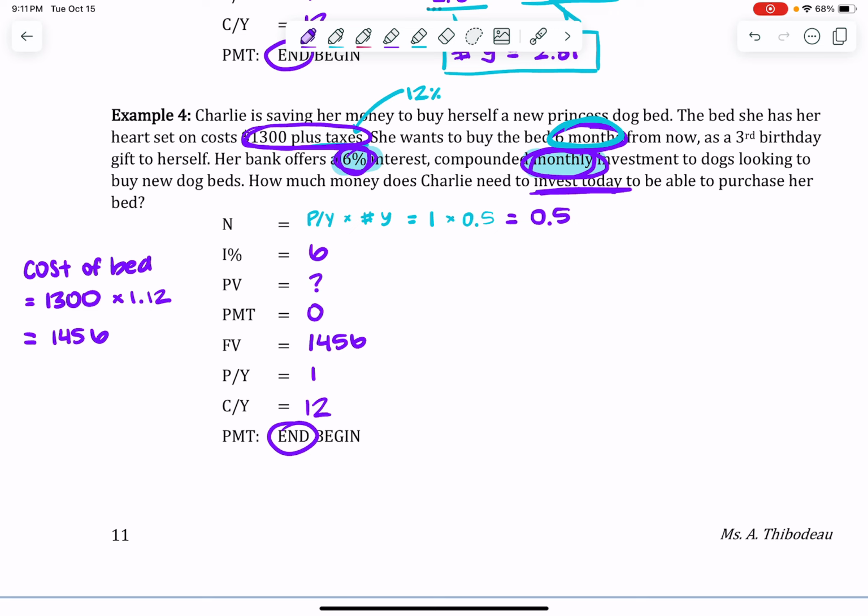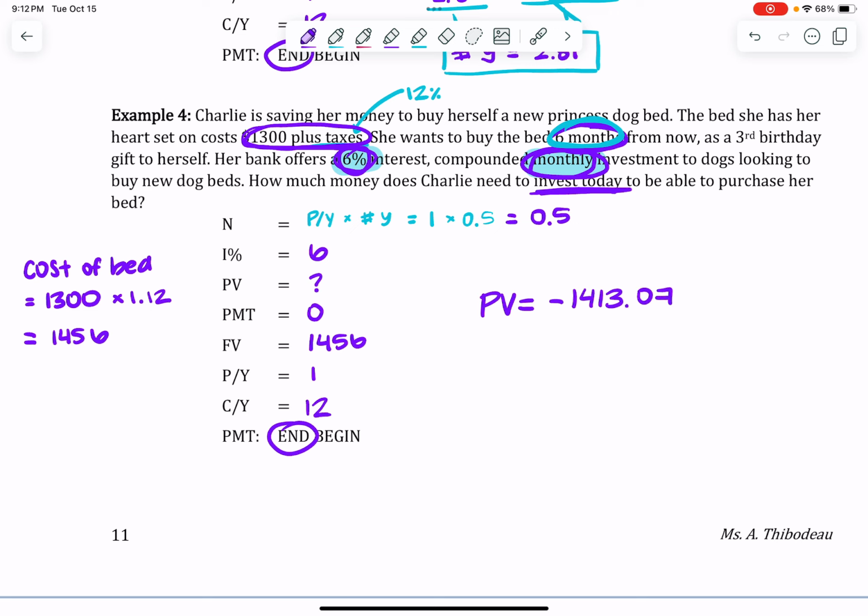Okay, now plug this in. Again, we are expecting a PV to be negative. Now, the PV represents how much money she needs to invest at the very beginning, or right now, today, to be able to purchase this bed 6 months from now. So the directionality will exist with the negative, but it's also money, so I can round to 2 decimal places here. So I should get